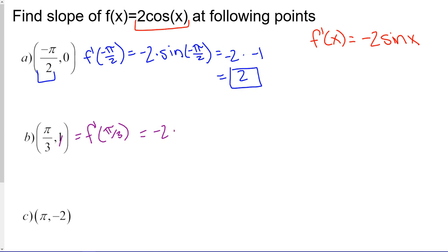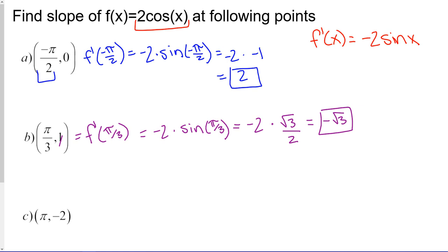Negative 2 times sine of pi over 3. That's going to give us negative 2 times root 3 over 2, and that's going to simplify to be negative root 3. So our slope at this point along this line, our instantaneous rate of slope, or our derivative, is going to